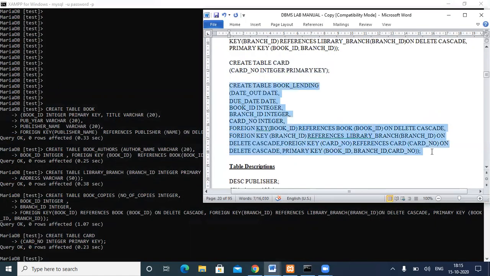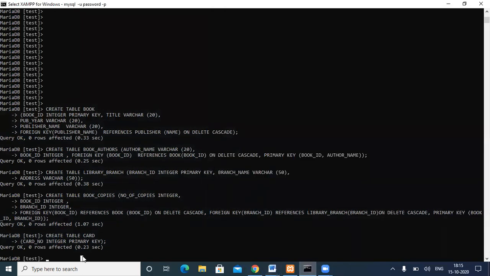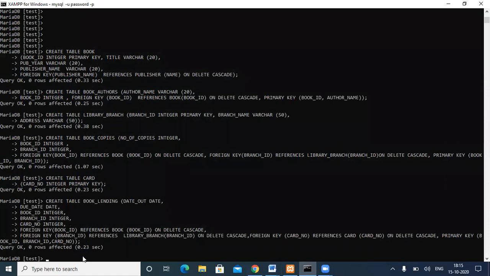Then create table. You need to add everything, primary constraint and the foreign key constraint. And here we are using the extra new data type called date. So it is successfully done, all the tables are created.